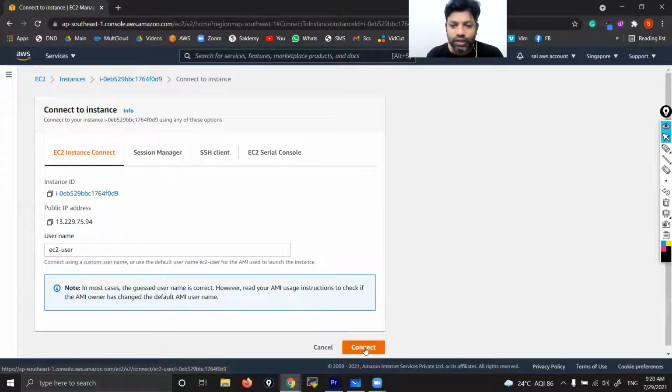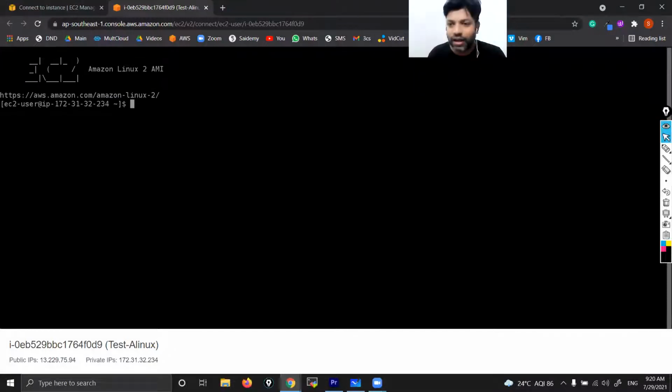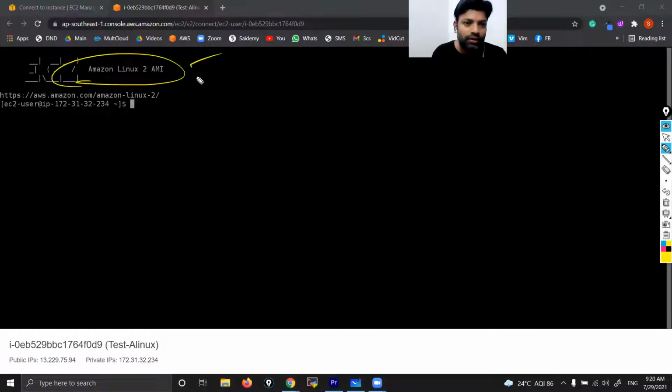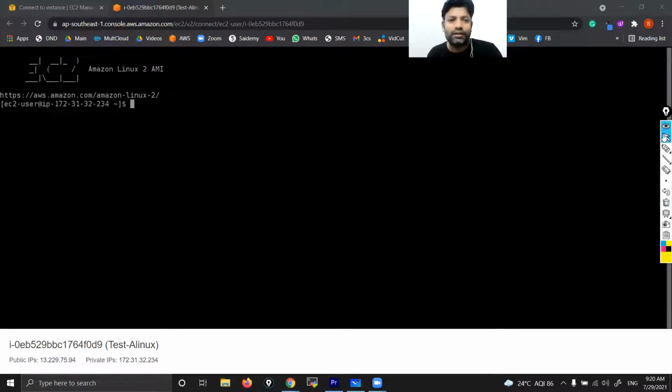As and when you click on connect, you can see it will open one new browser window, and that is your Linux instance. Observe carefully. You can see here you can run all commands. The DevOps engineers and Linux admins will take care of this. So that is how we can access it. No need for any external tools. This is what we call quick access through browser-based SSH, or browser-based access.